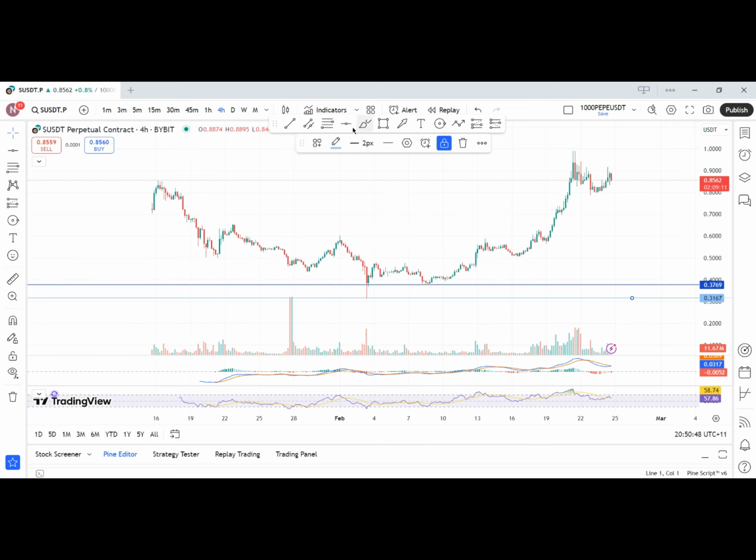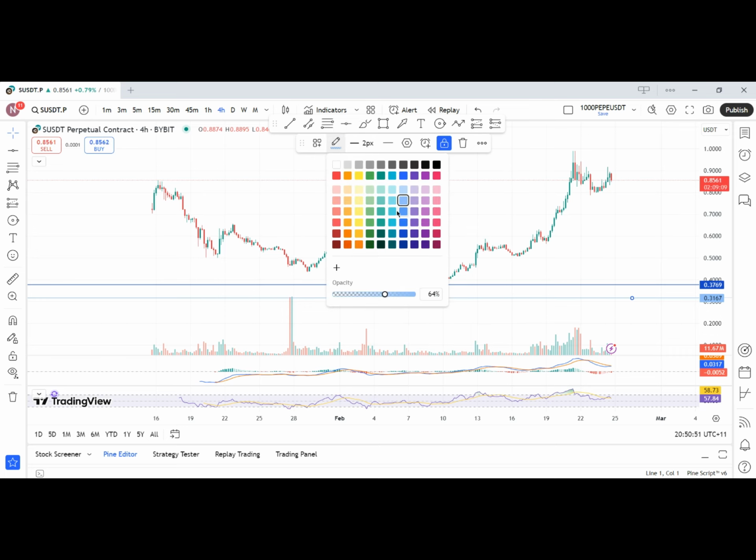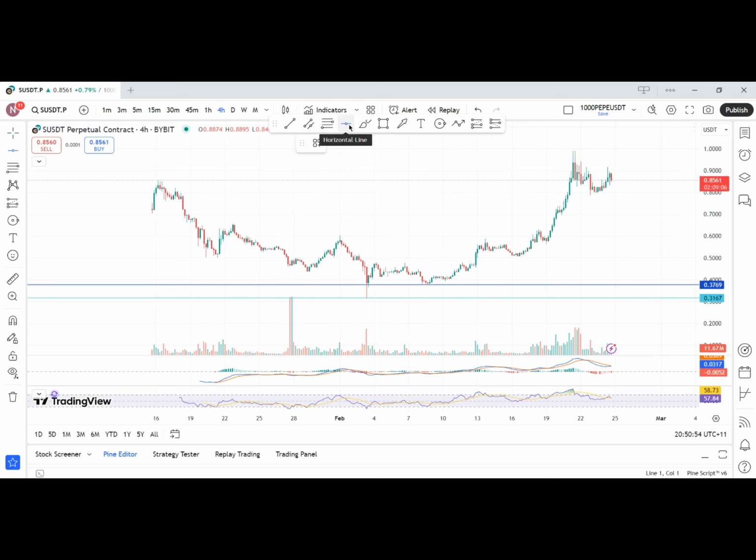For the resistance line, I put all my favorite tools here, so there's an option to favorite your tools so that you don't have to go in here every time. So I just click on these. This is the horizontal line. So now I'm gonna find the resistance. These two were the support. I'm gonna try to find the resistance, which